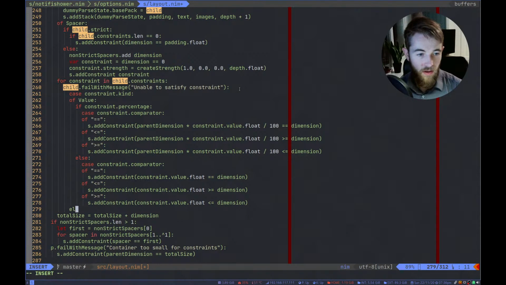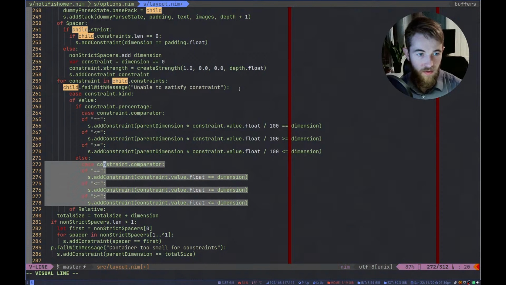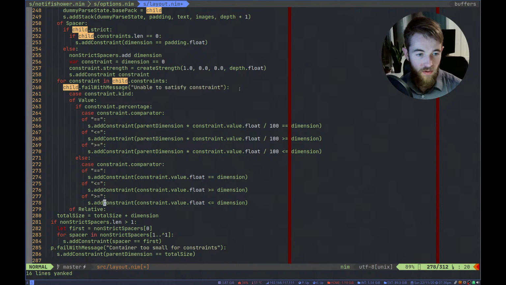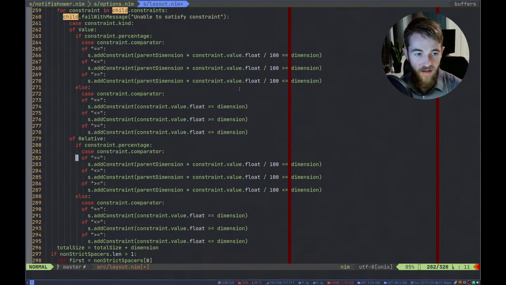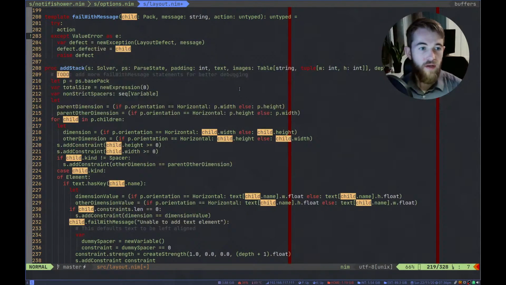Else, no, of relative. Then we need to do all of this again, but not with value. Here we need to do something similar to what we're doing here.